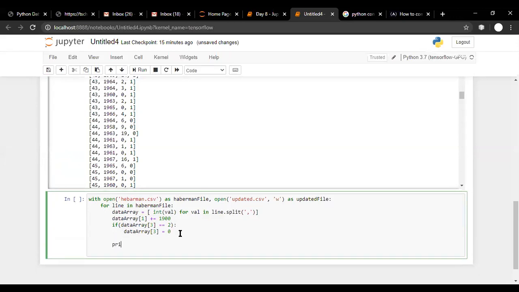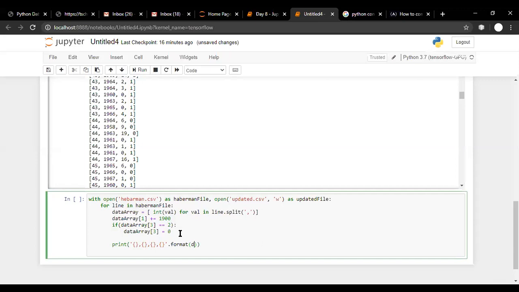So there is a simple method, print. We can use this method to write the data back into the updated file. So how can we do this thing? How many values are there? There are total 4 values. So we'll write first value, then second value, comma, third value, comma, fourth value. This we know already, that we can use opening closing curly brackets to fill the values, and then we are writing format.